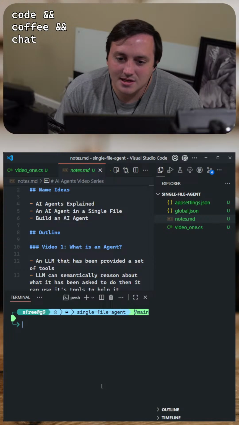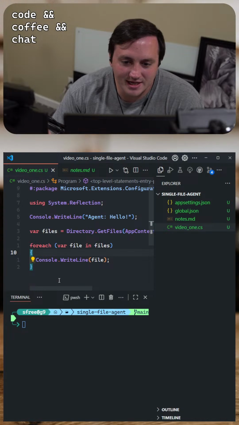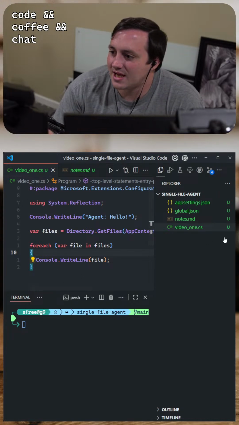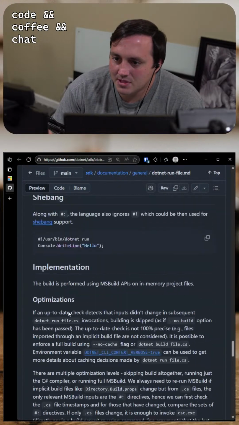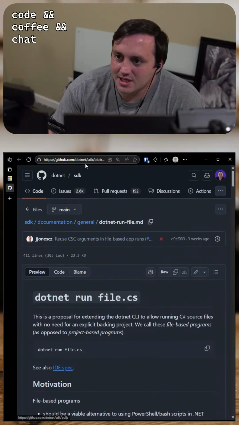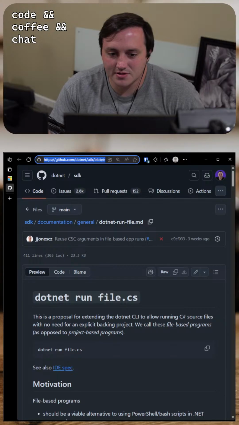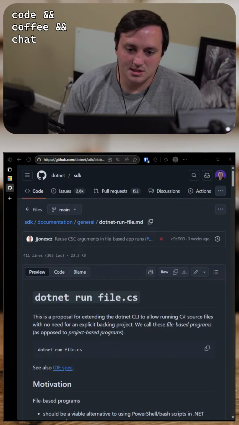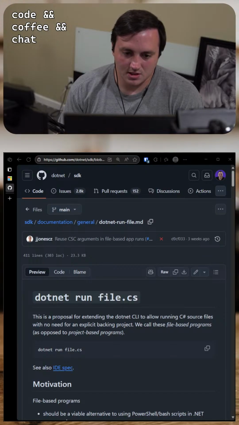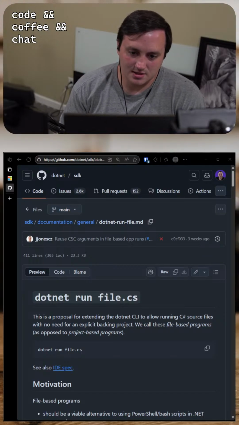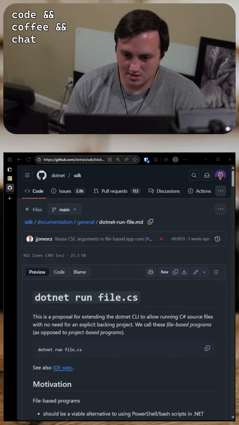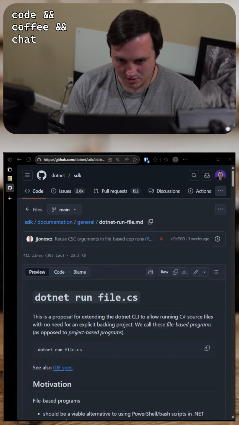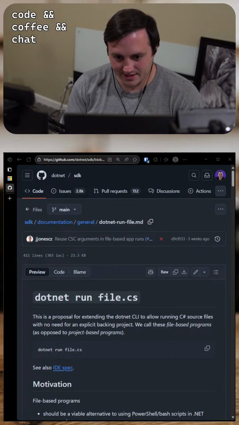Gunheis, I haven't seen hashtag star two. Oh, this is all new. This is all from .NET 10. Gunheis, this is a new feature that's coming in .NET 10. I'm not sure how up on it you are, but here's the lowdown on this new feature. Here is the deets on .NET Run support for single file apps.